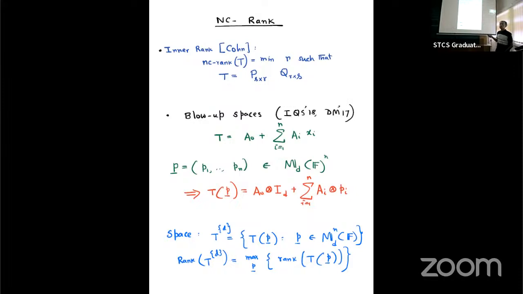But D has to be chosen? D has to be chosen. In fact, that's a good point. In the algorithm, they will search for such matrices, and your D also should be polynomially bounded. At the moment, it's just a definition. So if D equals 1, this is the standard commutative rank. But how large D should be is not clear at the moment. But you will see that D will eventually be polynomially bounded in N,